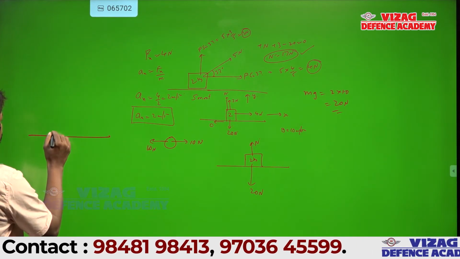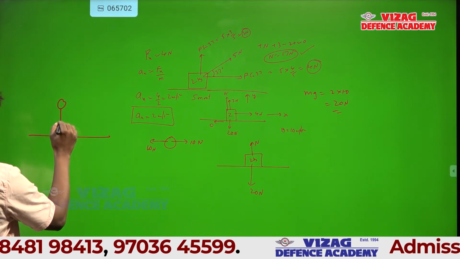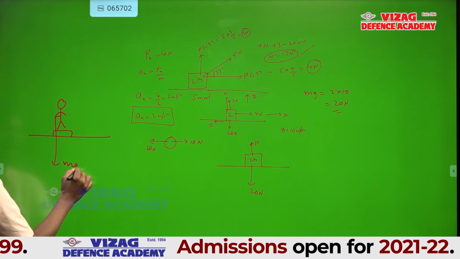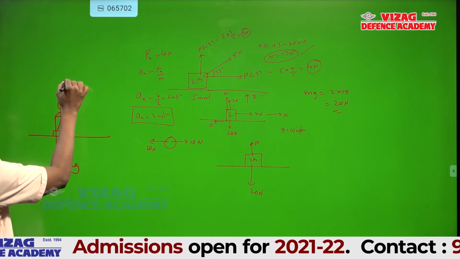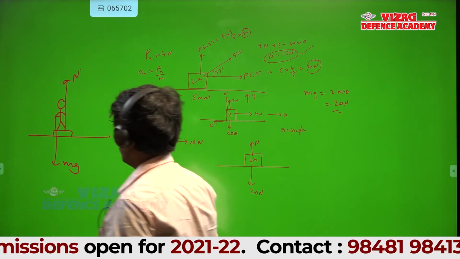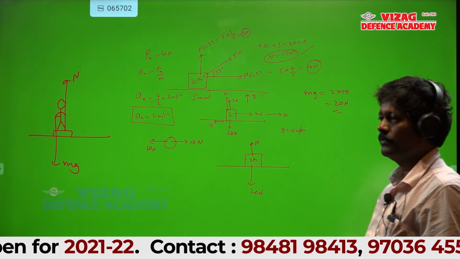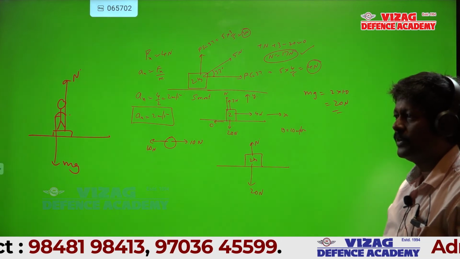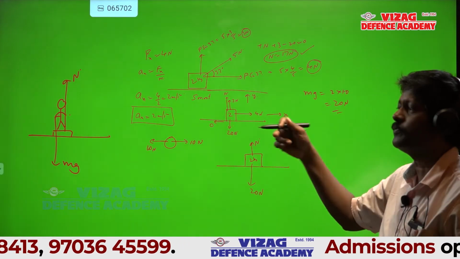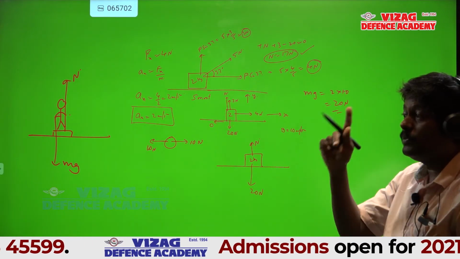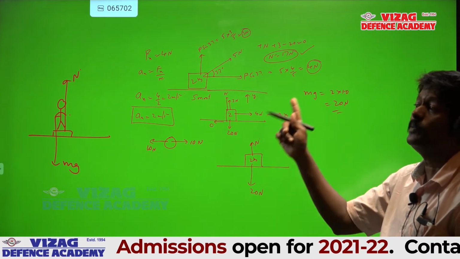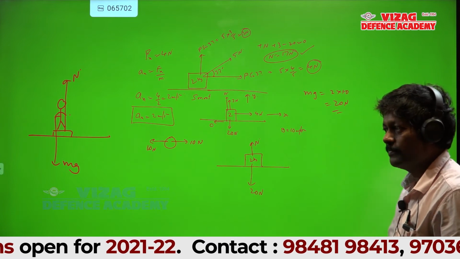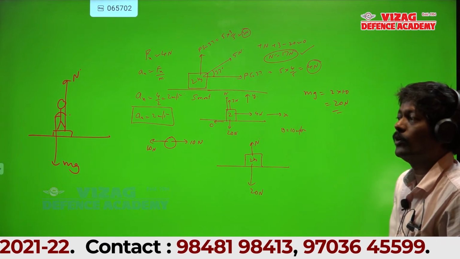You stand on the weighing machine, your mg is down, normal reaction is up. Now what is the normal reaction? Weight of the body. Simply you are standing, that's all. Now the normal reaction becomes the weight of the body. But normal reaction need not always be the weight of the body. That is why I said weighing machines record normal reaction.